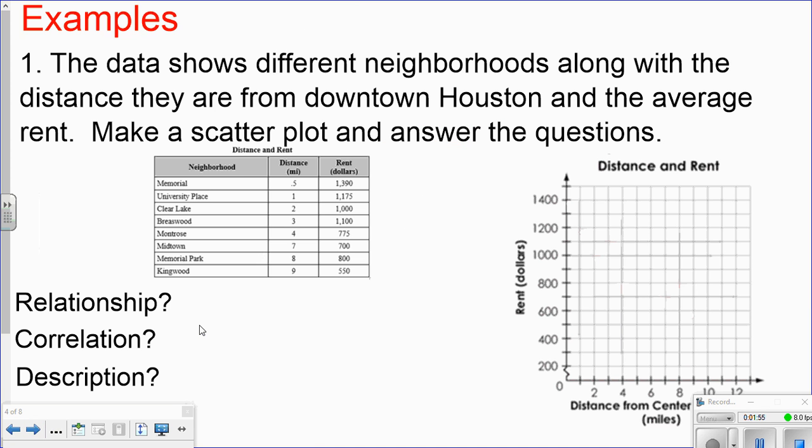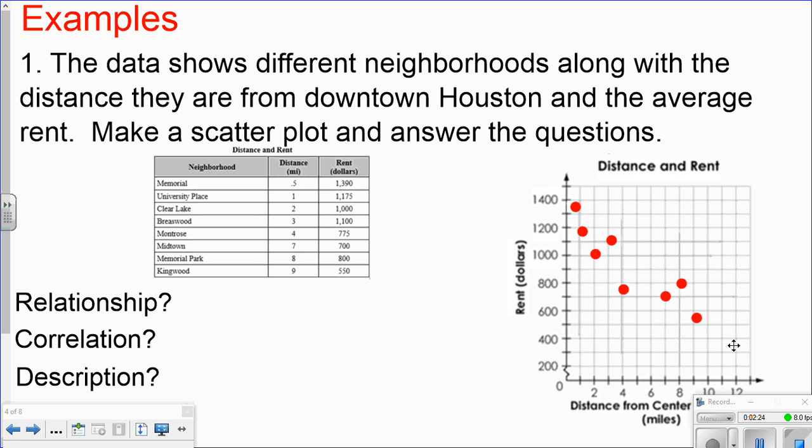So an example, the data shows different neighborhoods along with the distance they are from downtown Houston and the average rent. Make a scatter plot and answer the questions. So the table shows you these are different neighborhoods that are around Houston. This is how far they are from downtown, and then the rent, the monthly rent. So if we take that and we plot that on our coordinate plane here, we can see that we have